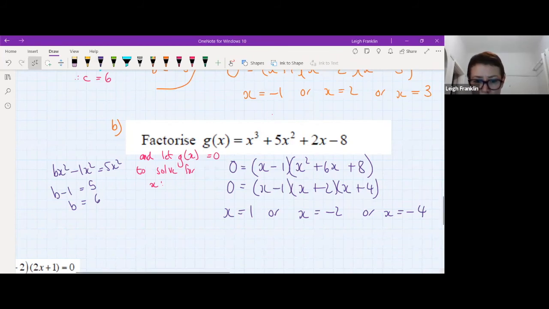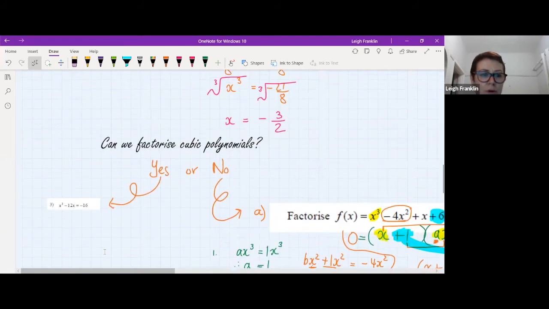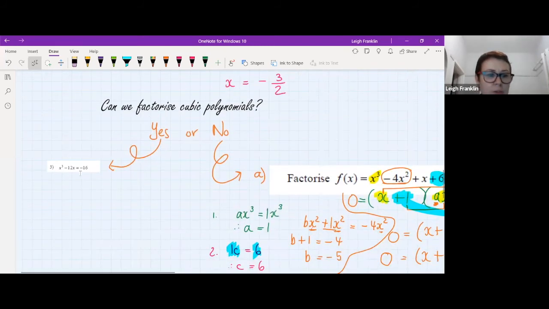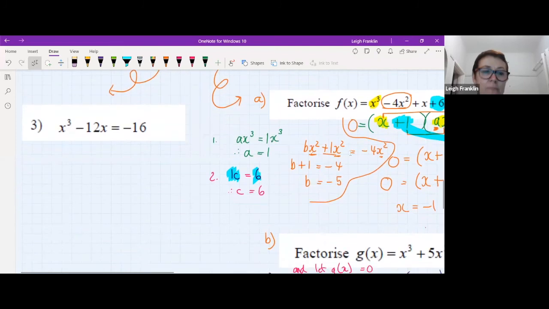Okay, so seeing that there are no questions, I'm now going to go back up here, all right? And I'm going to ask you to solve this one, which is the one that we were originally. Okay, so now, if this was in an exam, all right, normally when they ask you to solve for x,